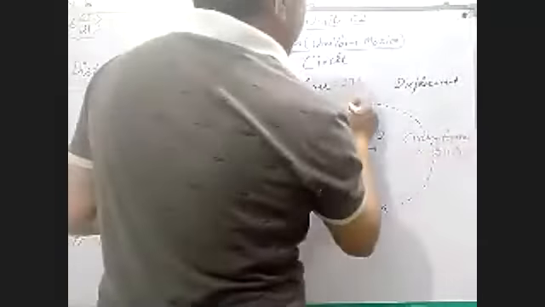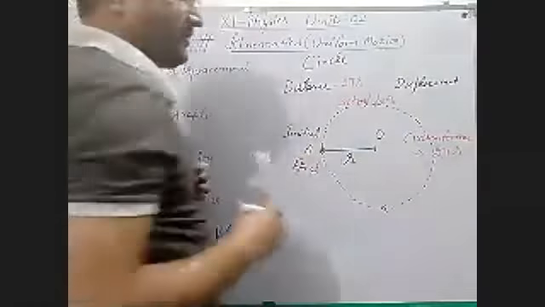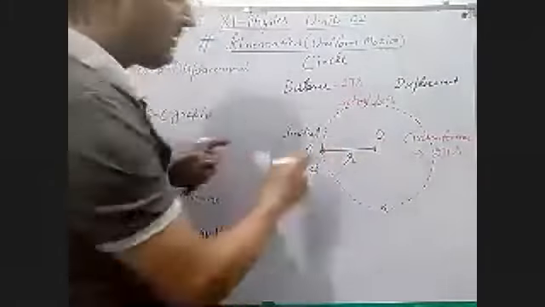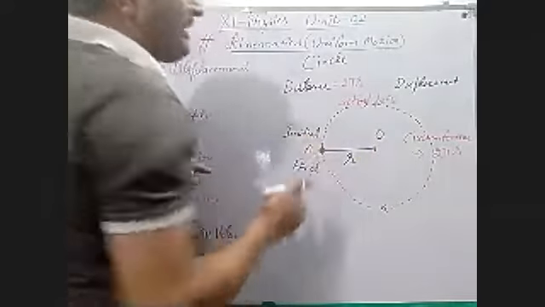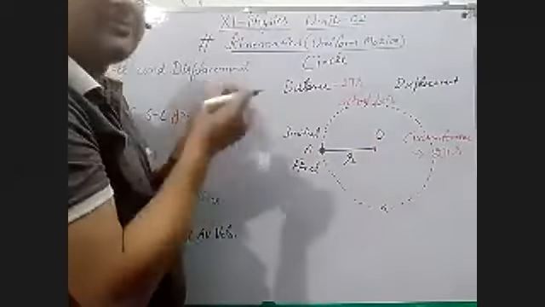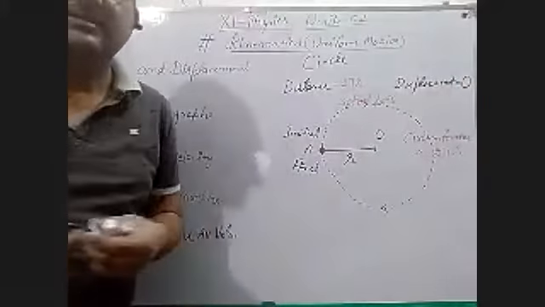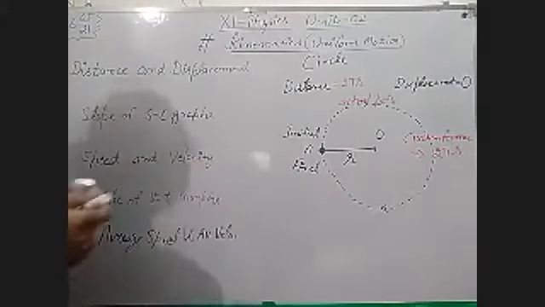This is the actual path. Now the next thing is, what is displacement? Displacement is only the shortest path between the initial and final point. As we know, the initial and final points are the same, so there is no shortest path and no gap. That's why you have to take the value of displacement equal to 0. Displacement is 0 in this case, if the initial and final points are the same.